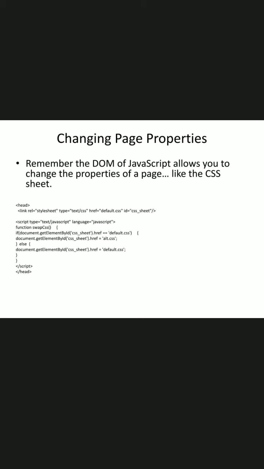After the CSS link, you write script type and then start your function swapCSS. If document.getElementById cssSheet href default.css, and then close the script and close the head.